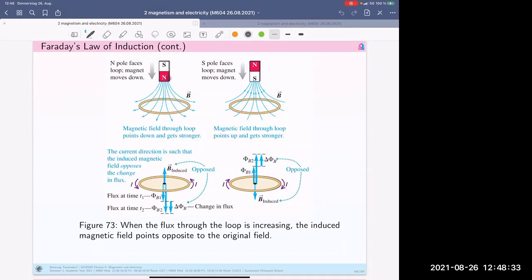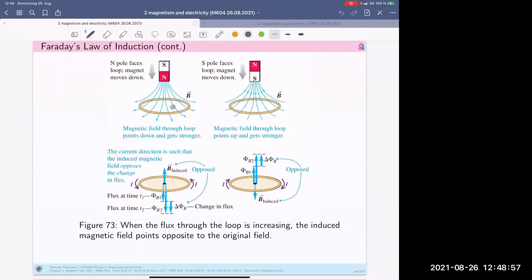If you have the north pole of the permanent magnet, and you point it to the circular loop of the conductor and move it into the face of the circular loop,